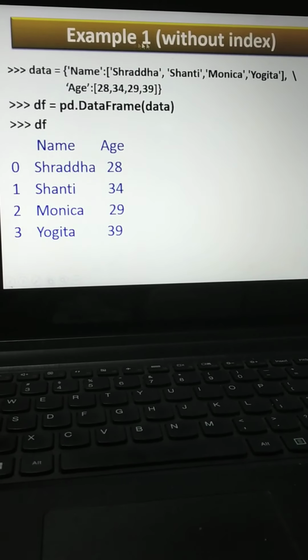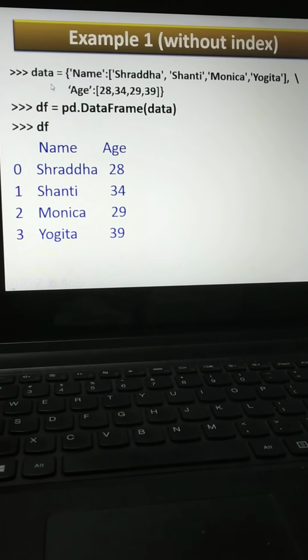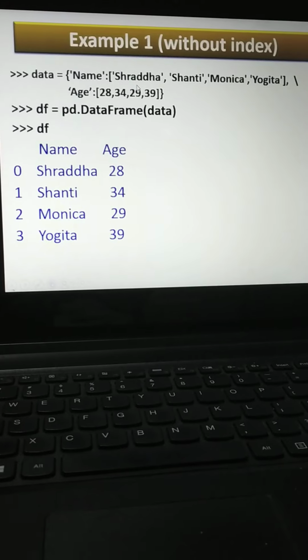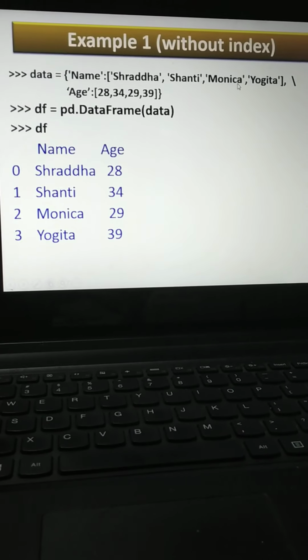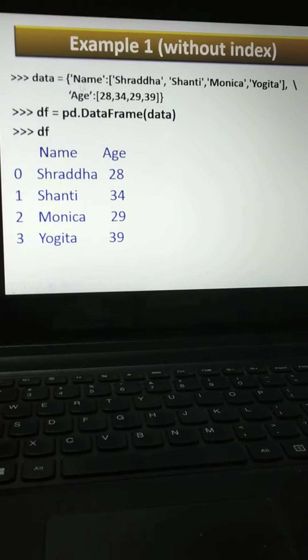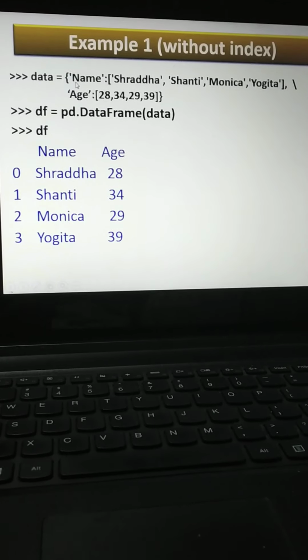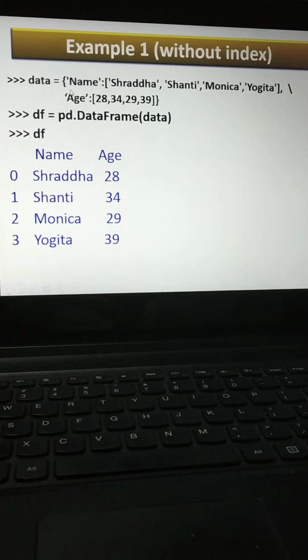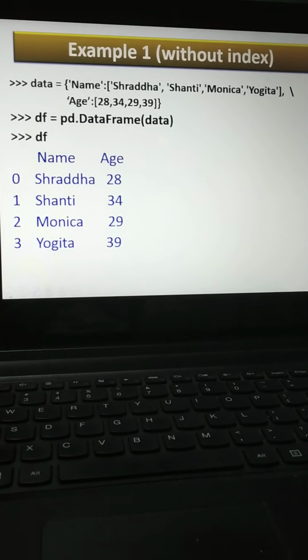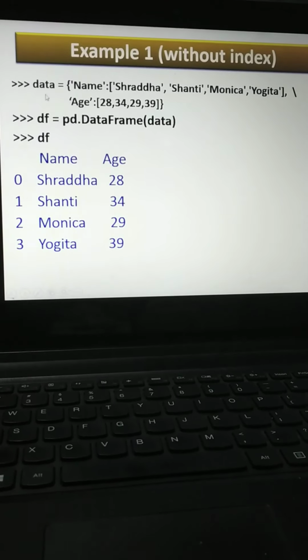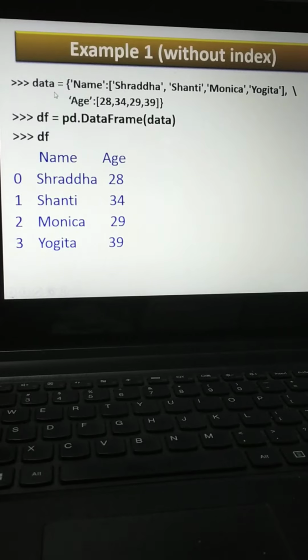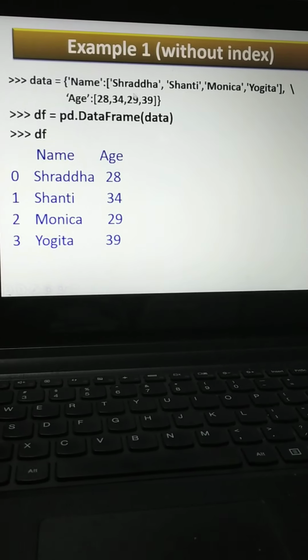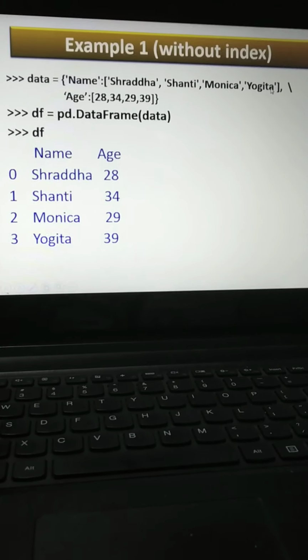Example 1, without index. Data. Name is equal to Shraddha, Shanti, Monica and Yogita. See, we are doing this with the help of a dictionary. Now we are going to create a data frame. Data is equal to name: Shraddha, Shanti, Monica, Yogita.